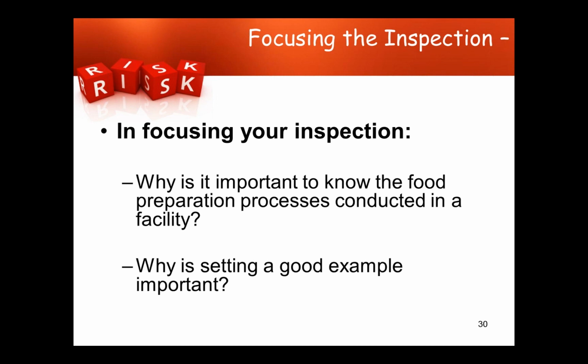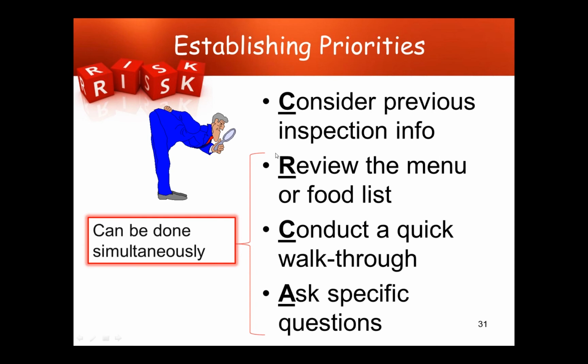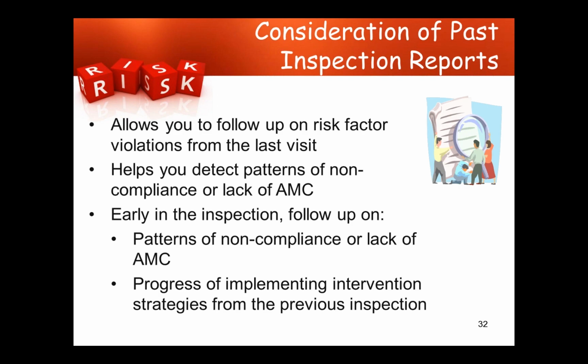We'll talk about each of these steps, things that can really help you to focus and establish those priorities: previous history of problems, the menu, doing a walkthrough to see what's happening now, and how to ask some specific questions. And we call them inspection reports. Again, having an understanding of that specific operation and what has been some of the challenges that they've been facing yesterday, 3 days ago, can really help you detect any patterns or any lack of that active managerial control for that particular operation,